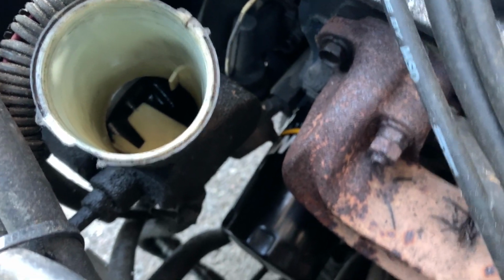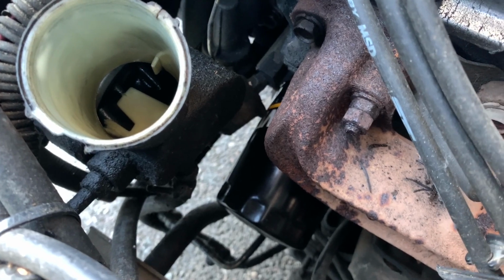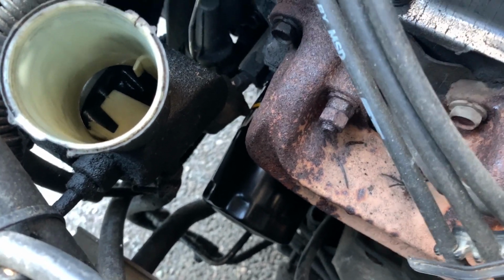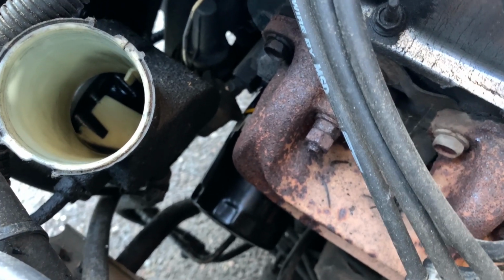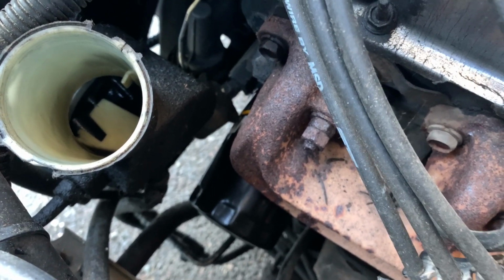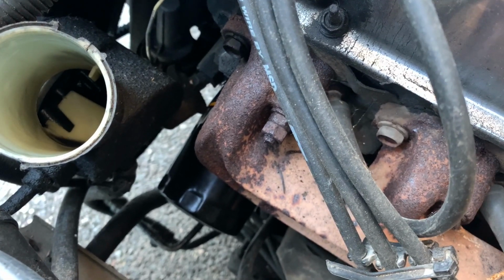So power steering fluid is definitely empty. It is about bone dry, so I definitely need to put some power steering fluid in there. I don't know how bad the leak is. It looks like it's just seeping. So hopefully I can put some in there, top it off, pressure wash it, and it'll be good for a week. But the next thing I really need to do is